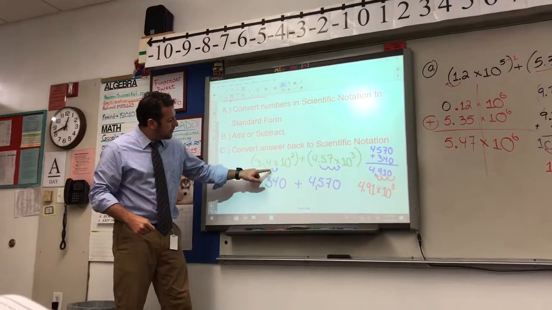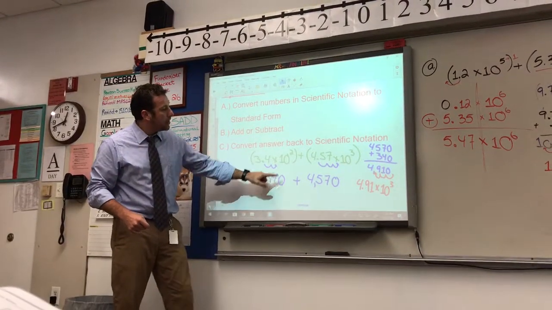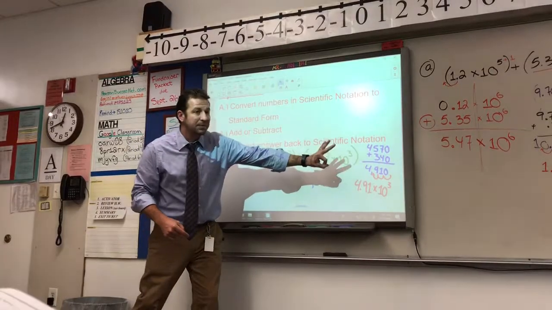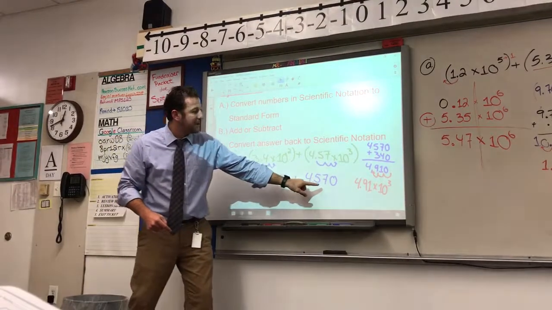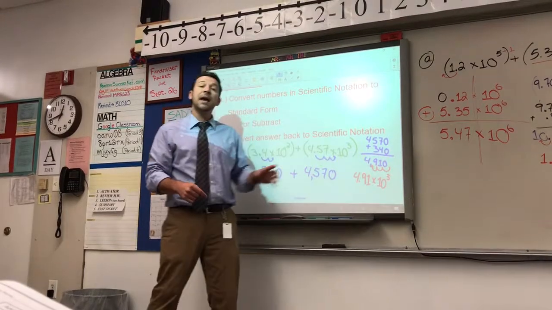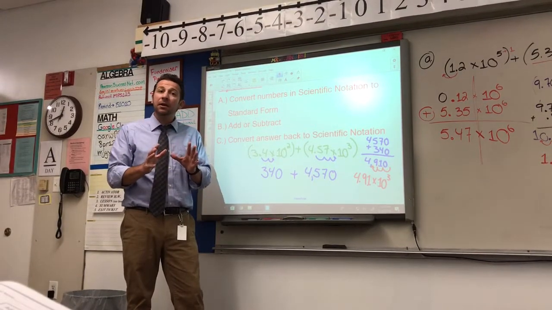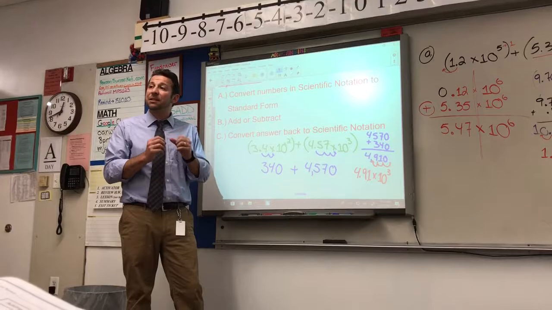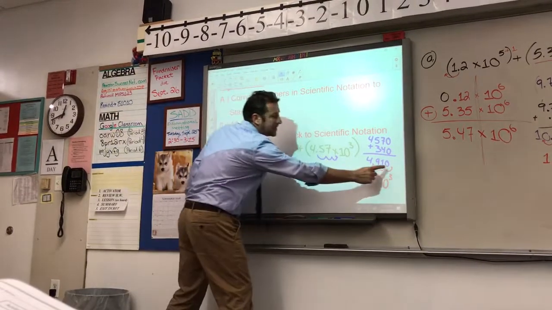Convert this by moving the decimal twice to 340. Convert this to standard form by moving the decimal 3 times, getting 4,570. When I add those two, I would get 4,910. That's a good answer. However, if they're looking for an answer in scientific notation, I would then take my number